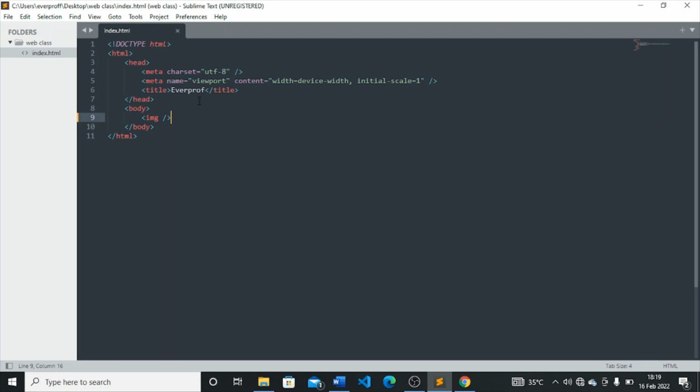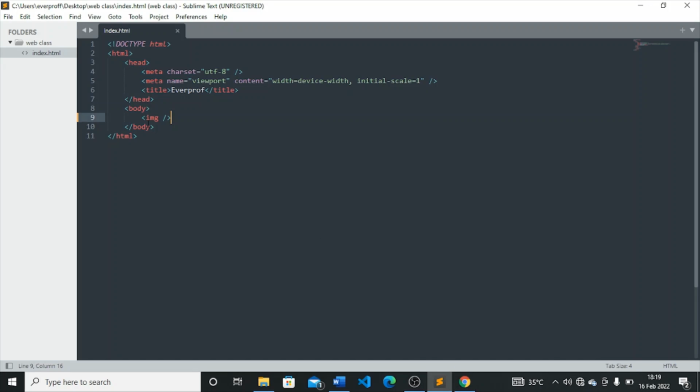Why? Number one, I removed everything I typed before, but there's still an image tag, and our website says nothing is there. The reason is that I didn't link an image to this place. I didn't put a link that will direct the browser to where it can get the image from. Now for practice purposes,